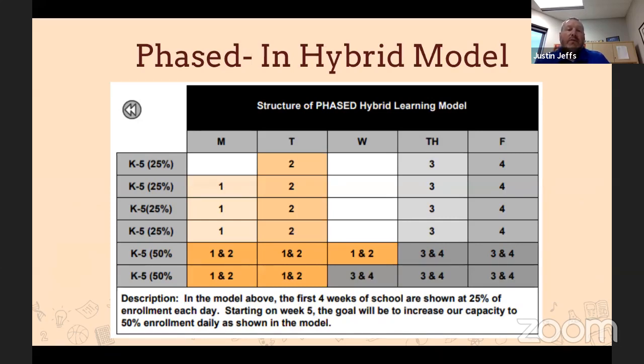The last 2 rows are assuming we're going to move into the 50% model, the phased in model, on week 5. Now the 1s and 2s are one cohort or one class. So if there were 6 kids coming in and they were a 1 and 6 kids were a 2, now that class would be 12. So 1s and 2s would be on Monday, Tuesday, and Wednesday the first week, and 3s and 4s would be on Thursday, Friday. And then you'll see the next week, the last week there, 1s and 2s come Monday, Tuesday, 3s and 4s will go Wednesday, Thursday, Friday.